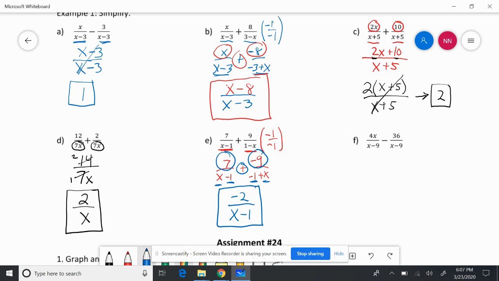Now, looking at letter F, we notice a common denominator. So that means our common denominator is x minus 9. Now, if we're looking at the numerator, we have 4x minus 36. Now, what we notice is that the 4 and the 36 both have a 4 in common. So we factor out a 4. That leaves us x minus 9. Now, if we're looking at this, x minus 9 over x minus 9, they cancel, so our final answer is